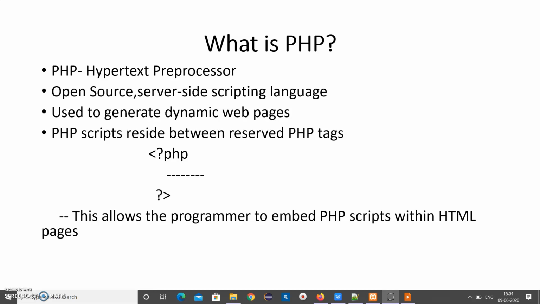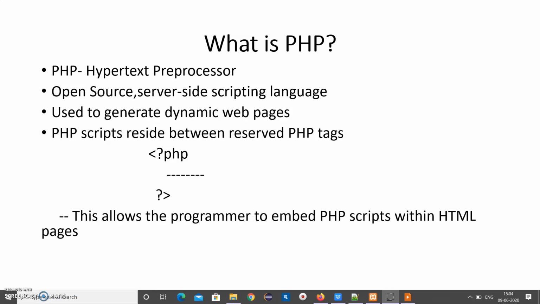But PHP creates dynamic web pages. If you enter a mail ID in a text box, it can give you a message stating whether it is a valid or invalid email ID. Or you can connect to the database, retrieve data based upon the request, or send data for storing into the database. We have many functionalities, and that is why it is called dynamic.